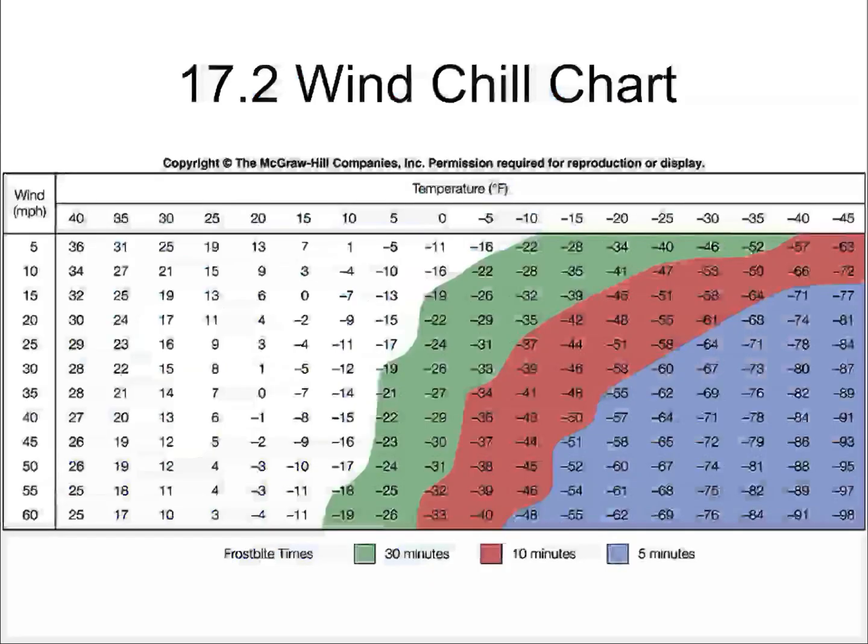Wind chill is a specific instance where we have a certain temperature, and because of the wind, it feels cooler than what it really is. For instance, if we have an outside temperature of, let's say, 20 degrees Fahrenheit, and the wind is blowing approximately 30 miles per hour, you're going to have a perceived temperature of 1 degree Fahrenheit. So that's a big difference. As the strength of the wind increases and the temperature of the atmosphere drops, the wind chill becomes more and more negative,